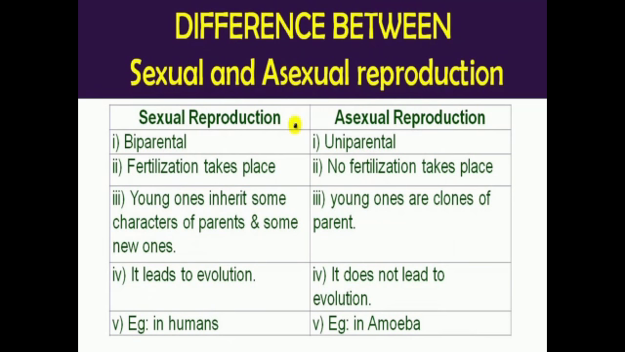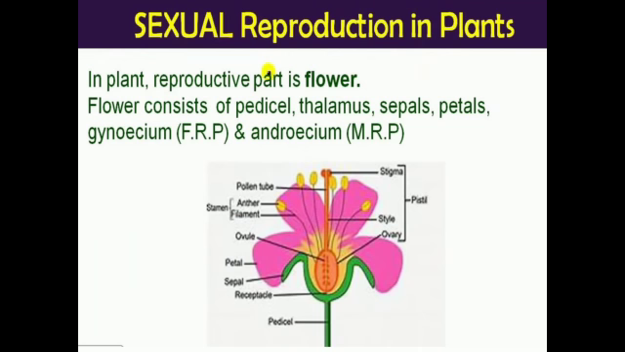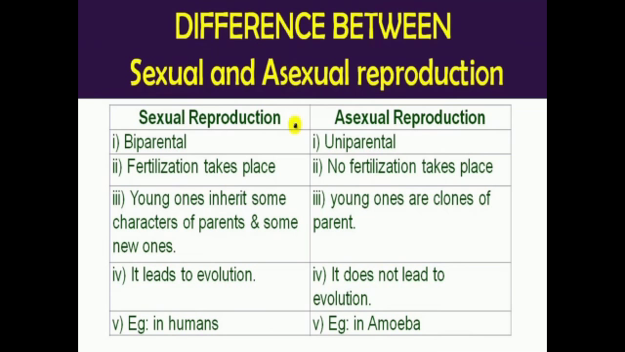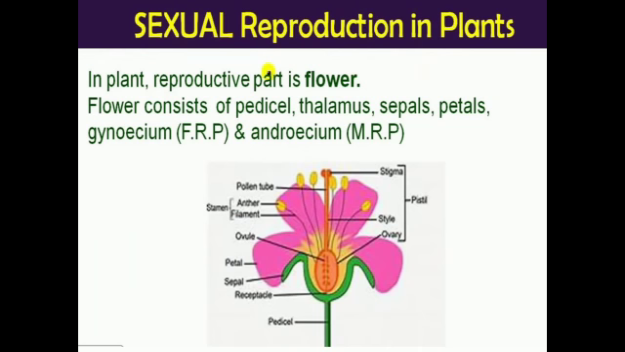An example of sexual reproduction is in humans, and for asexual reproduction you can take amoeba. Other examples you can take are hydra. For sexual reproduction, humans and animals, we can take like this, right? So this was the basic difference between sexual and asexual reproduction. Now we will go into detail for both types of reproduction. First we will start with